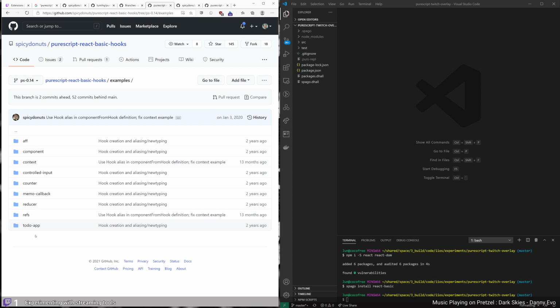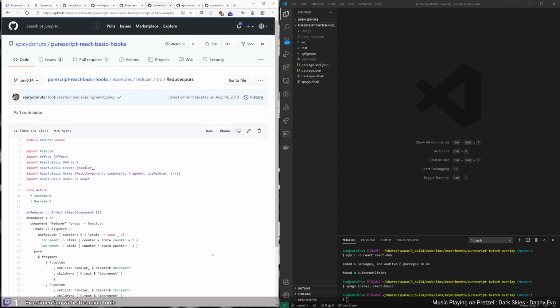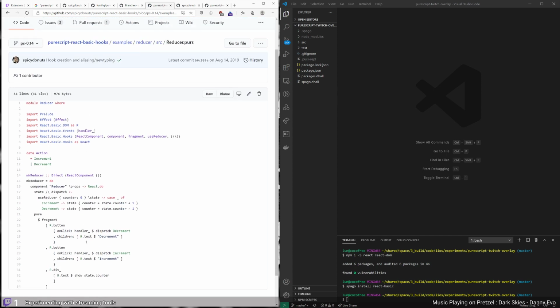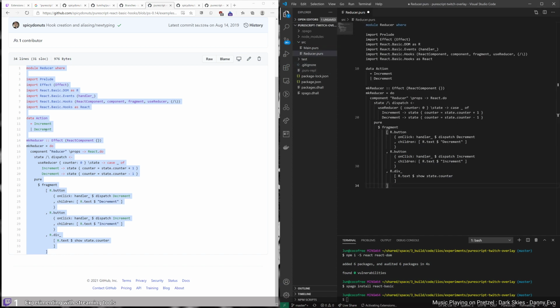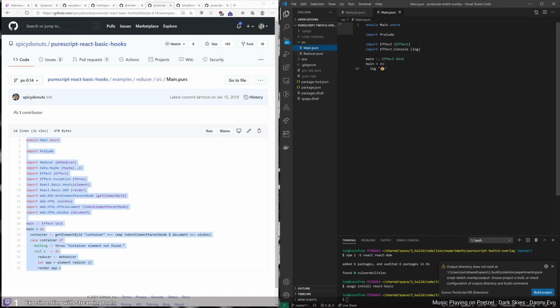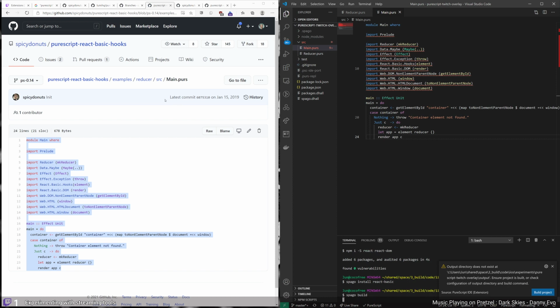And we want something simple. Reducer might be a good one. Probably is, yes. So let's do that. Reducer.purs, and then our main. And we need a few more things. We need to spago build. And then we need to check out